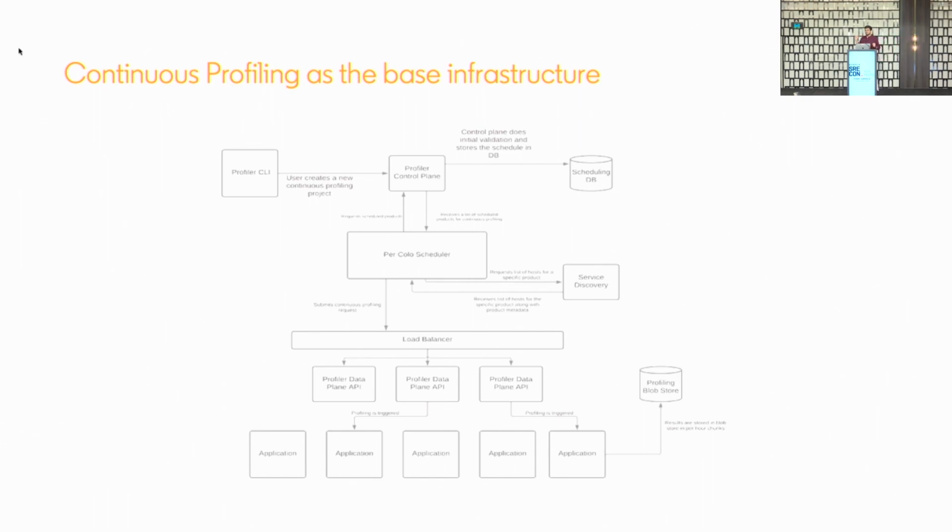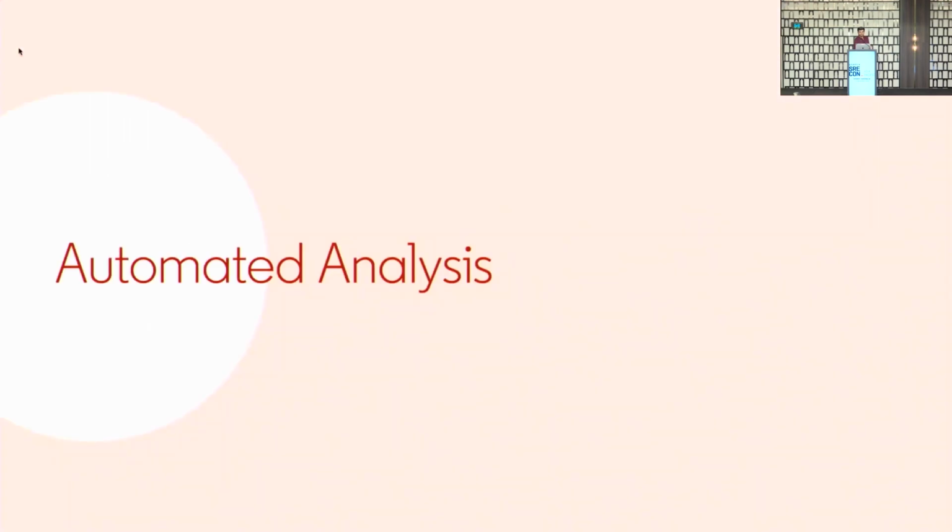Now comes the part. We have a UI. You can look at the flame graph. But what if I don't know how to understand this flame graph? There is just so much data. We are generating 400 to 500 MB on average every single session, every single instance in the service. And it's pretty slow if we ask the users to load it right now.